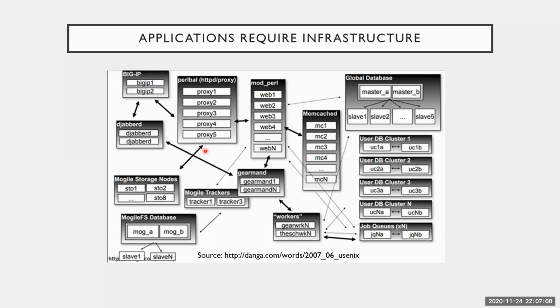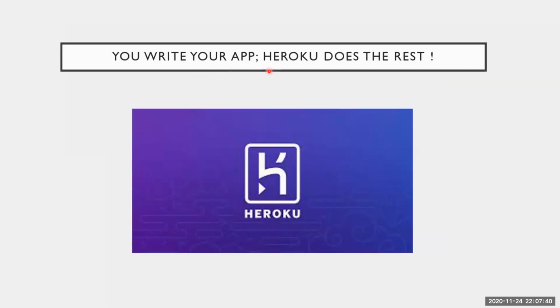In a previous on-premise system, we had to manage everything, right? We had to manage the server, security, infrastructure, database, many things. In this whole diagram, where exactly is our application? Only this portion is our application, and all the surroundings you can see are needed to keep your application up and running. So you are spending your time to build your application, but also spending your time on all these surroundings. That's why Heroku came into the picture, and the motto of Heroku is: you write your application and Heroku does the rest.